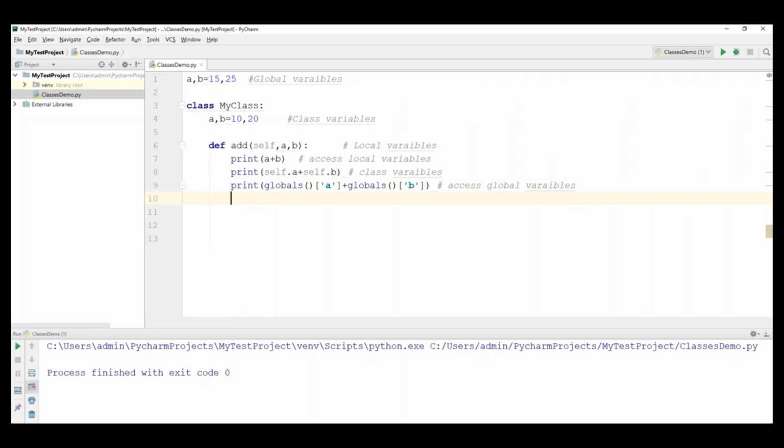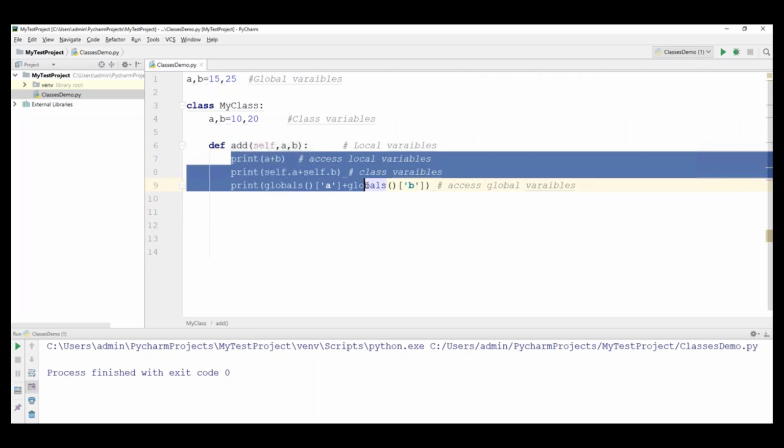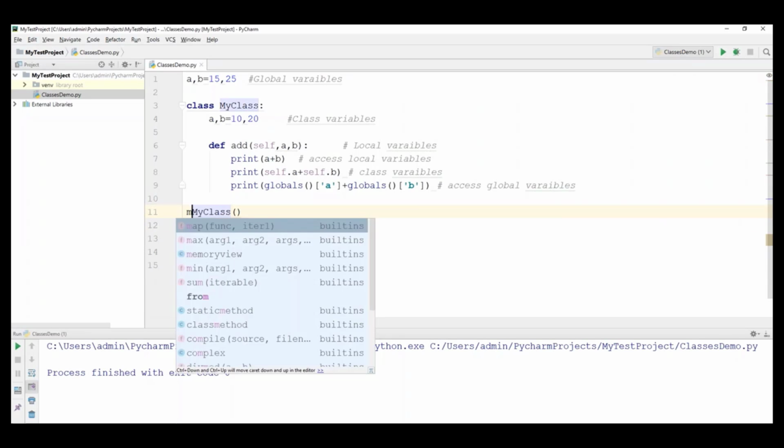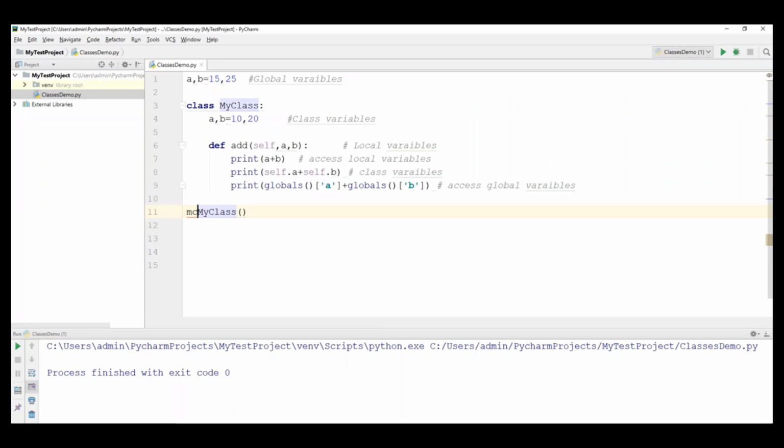Alright. Now, when I call this method, which contains multiple print statements, I need to create an object. Let me create an object of my class and store it as mc. By using mc dot, I can call the add function. Here we need to pass two parameters, so I will pass 100, 200.